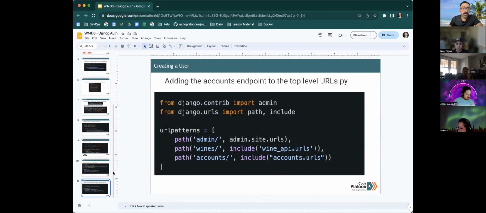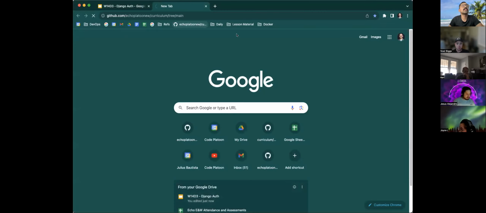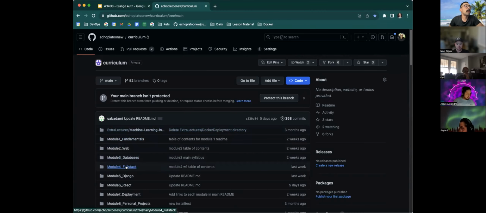The challenge for today is to then apply what we're doing in the demonstration to your own application. And I recommend working off of the application that you all started yesterday during yesterday's challenge, which should be,